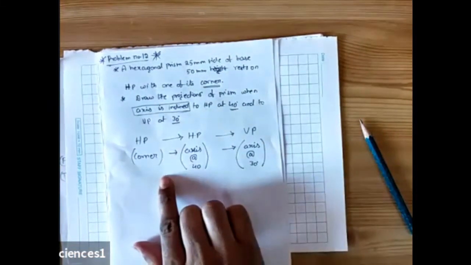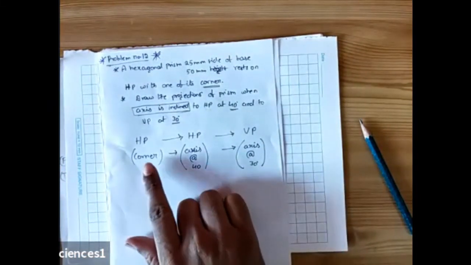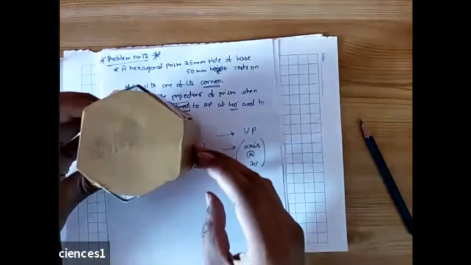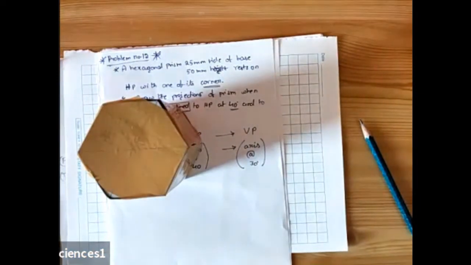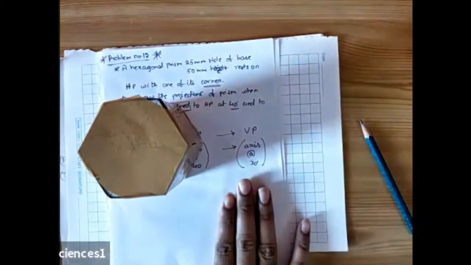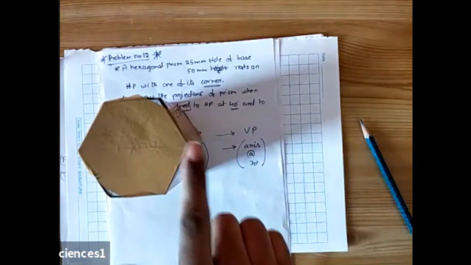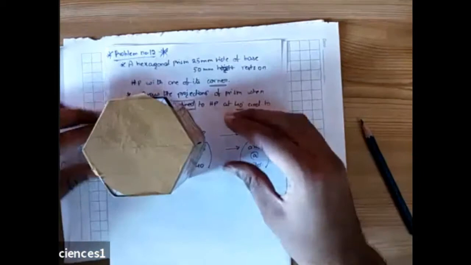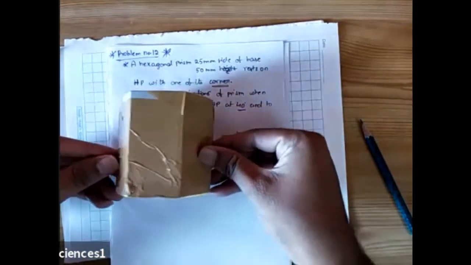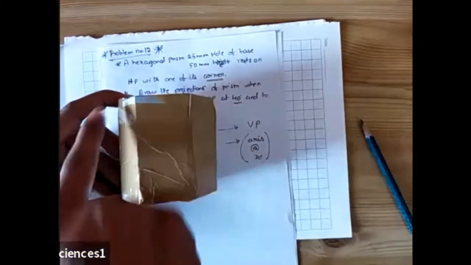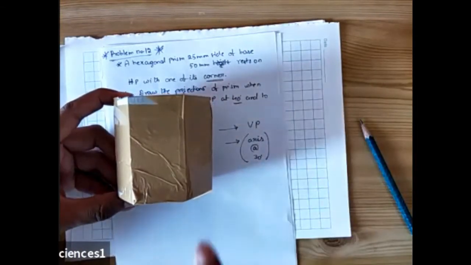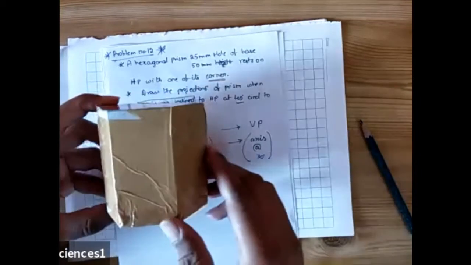Write down the condition. We have a hexagon prism which is kept on HP with respect to one of the corners. So it will be like this, the top view. This is your top view, first condition. You place a hexagon on the horizontal plane with respect to one of the corners. Then you will be drawing the top view and the front view also. The front view will look like this. You can see 1, 2, 3, and 4 edges are visible for the observer in the front view. That is the first condition.